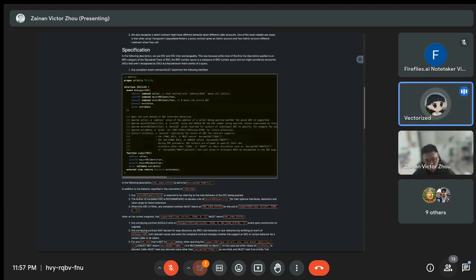Okay. So the thing is, I was considering how to automatically detect, let's say, if I implement 1271 in a different way than others, how do I allow automatic detection? And the thing is that 1271 only has one function, isValidSignature. So it does not lend well to 165 unless I somehow define a dummy function just to make